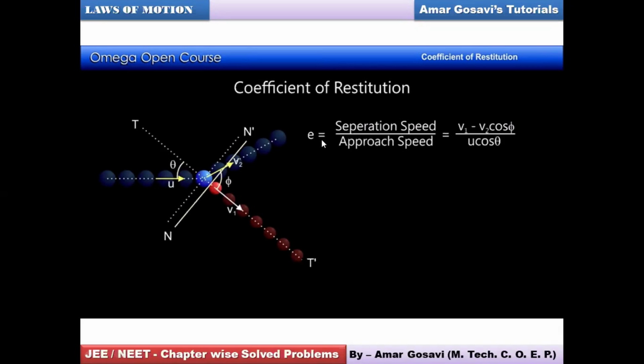So now the same formula for such a situation is interpreted as V1 minus V2 cos phi upon u cos theta, friends. Hopefully you have understood how the same formula is being interpreted for this type of situation. Please share your feedback in the chat section, and make a note of this. The diagram is making things pretty clear, I believe. Tell me if you are comfortable dealing with this.